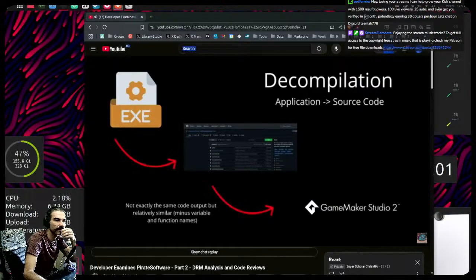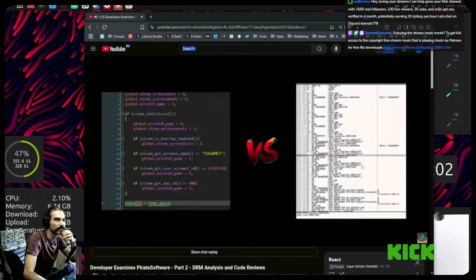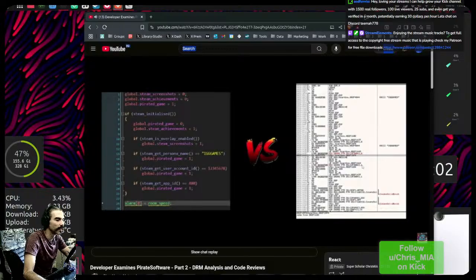You have some kind of application and you're trying to convert it back into what the original source code looked like, meaning you can use a decomp tool on the GameMaker build and get back GameMaker language code that looks somewhat close to the original source code, which also means you'd have an easier time hunting down the DRM code since it's easier to reason about in GameMaker language than it is in raw assembly. So the C++ reverse engineering example I demonstrated is actually harder and more worst case scenario, relatively speaking, to trying and figure out the crack.